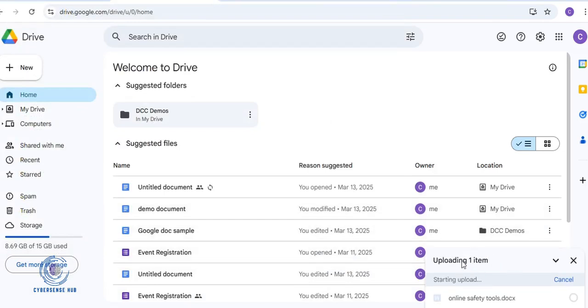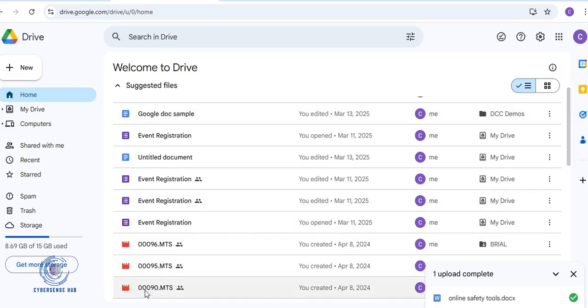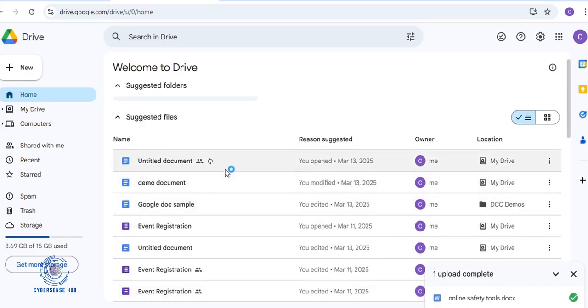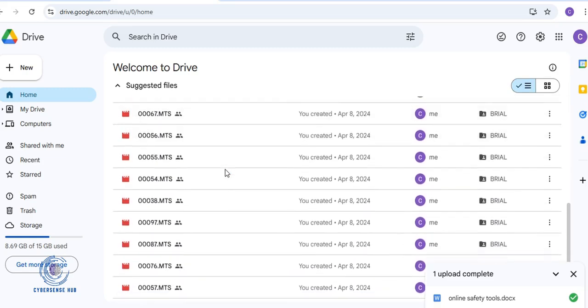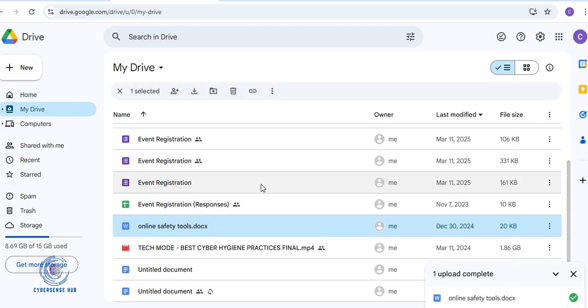You watch activity here, uploading one, because it's a file that doesn't have so much size, a small size file. It has finished uploading. And when I look around inside this drive, I'll be able to see my file. When you say view more, okay, I can see that file online. You can actually come here and show the file location. To show the file location, if you now load it and show where it is, okay, see it here, online